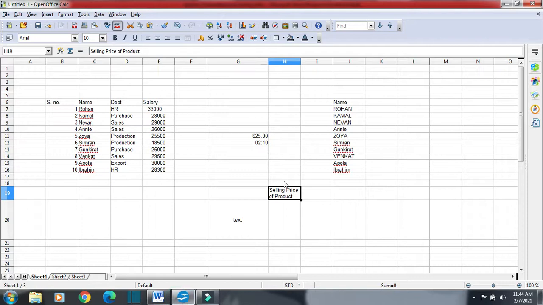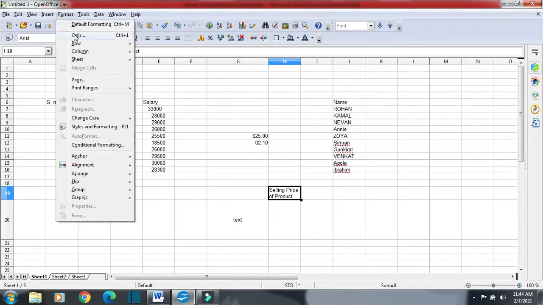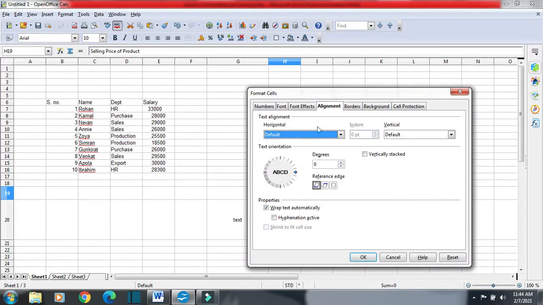Suppose right now this is my cell content and I want to change the text orientation. I will click on Format, then Cells, and from here you can see the Alignment tab and we have this option, Text orientation. I can click anywhere on this dial. Upper side it will be 15, 30 like this, 45 like this. So I have changed the orientation.